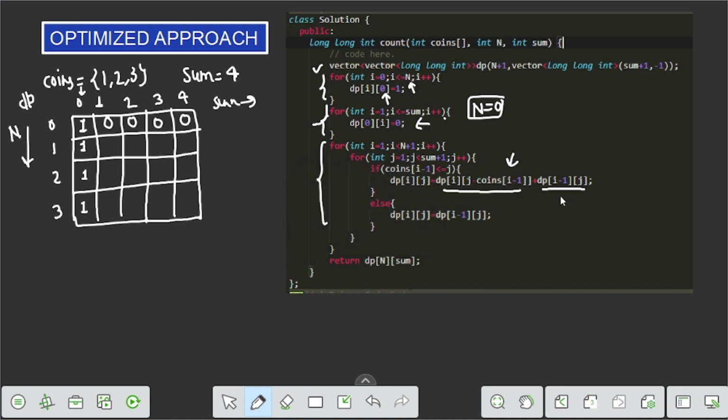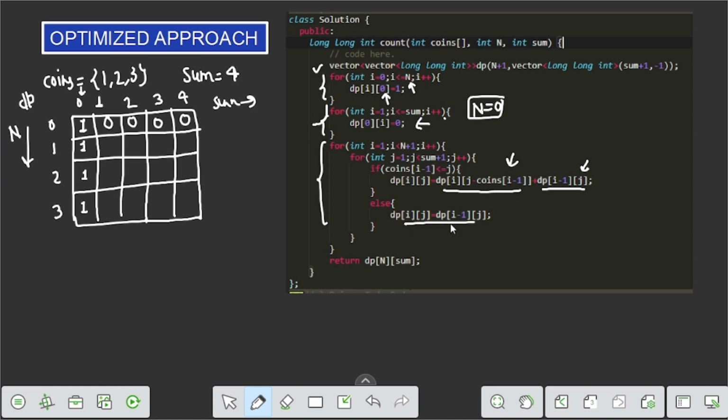Next, as discussed in the brute force approach, if the coin's value is greater than the j value, which is the sum value, then we cannot include the coin, so we simply exclude it. In including, what is written here is dp of i, with the sum becoming j minus coins of i. If we exclude, then we go to dp of i minus 1 and j, because j stays the same as we exclude the coin.